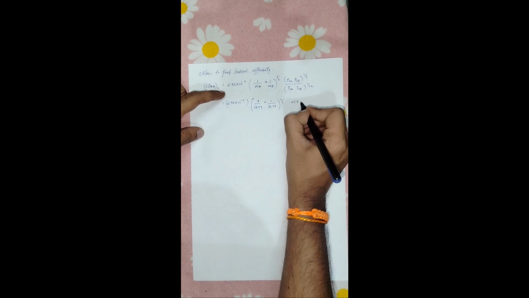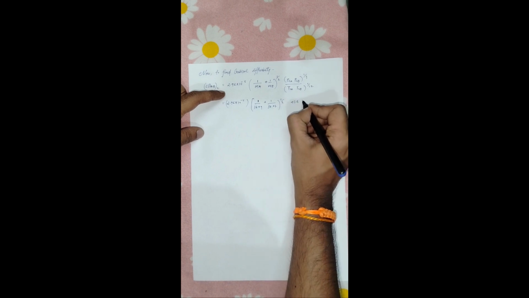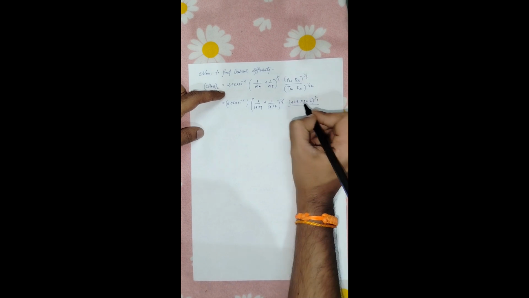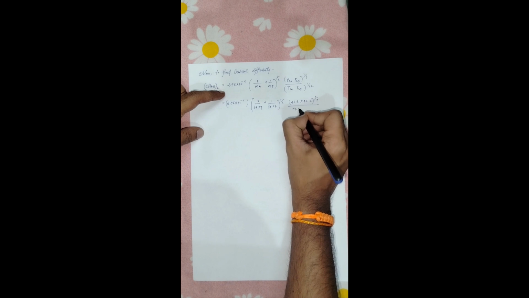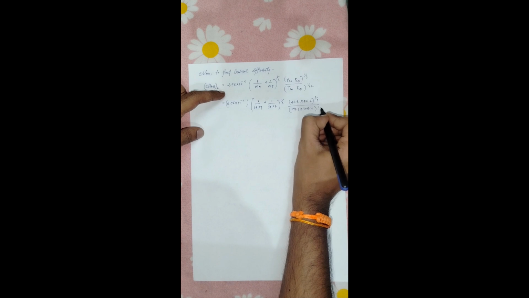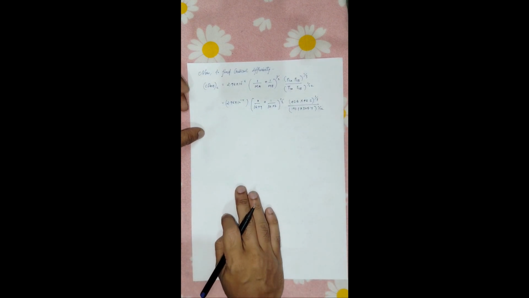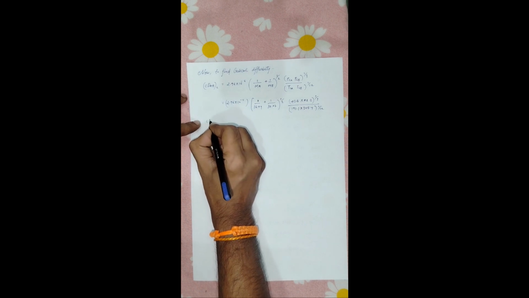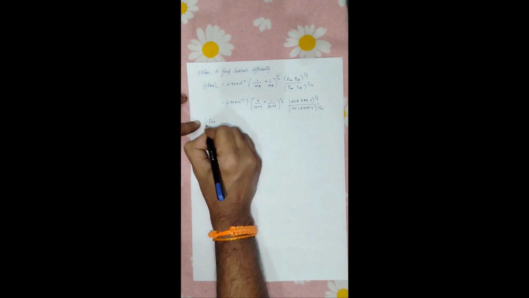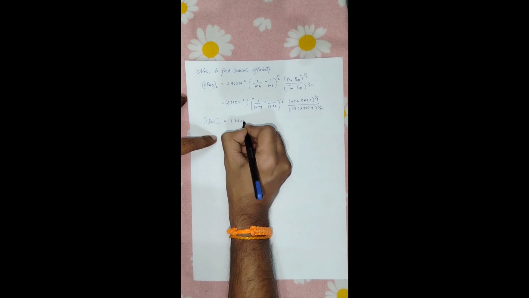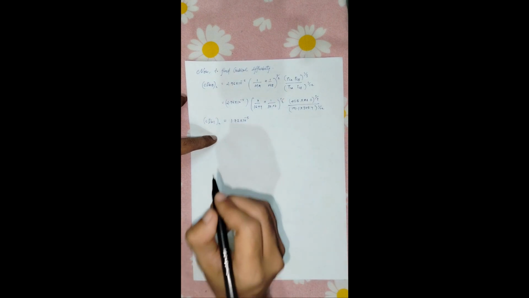PCA is 45.8, PCB 48.2 to the power 3, and TCA 191.1 into TCB 305.4. Okay, so this is the substitution we have done, and after substituting in the calculator, CDAB of critical we get as 1.72 into 10 to the power minus 5. Okay, so this is the value we have got,